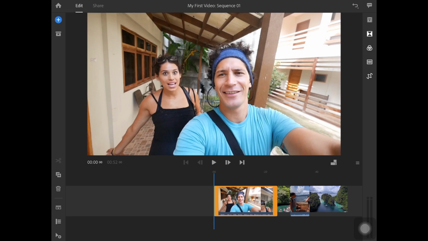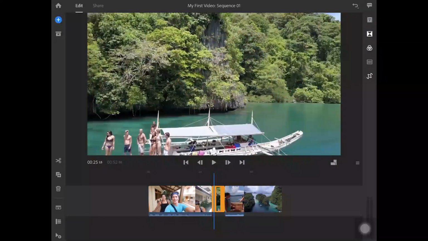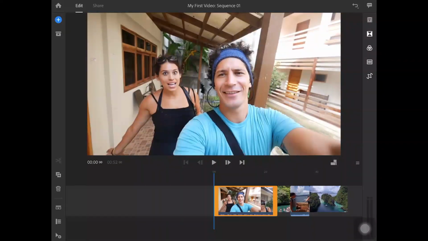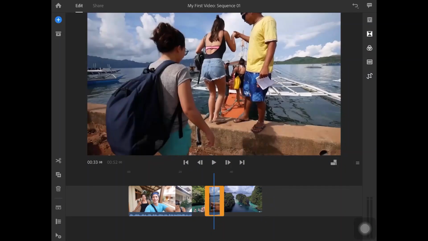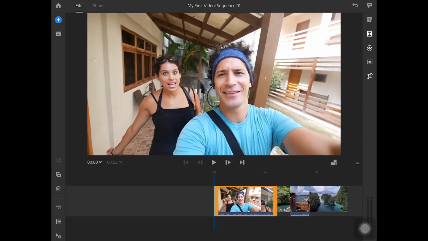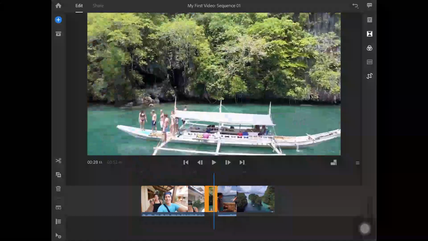Okay, a couple of things you've got to remember. First, where I'm scribbling along, as you can see, this is the first video, the second video, the third video, and the fourth video. They all are placed in the exact same way that I wanted them to. Now, all these videos were shot on a smartphone.